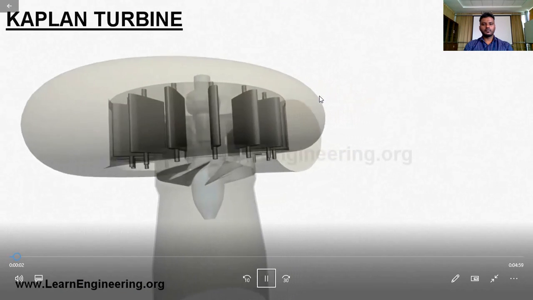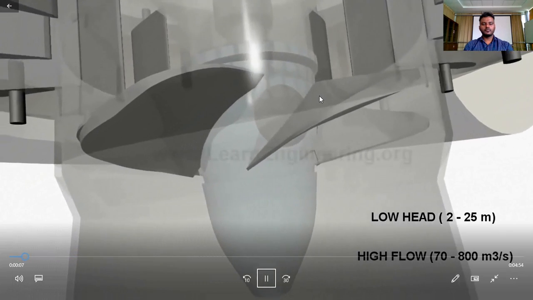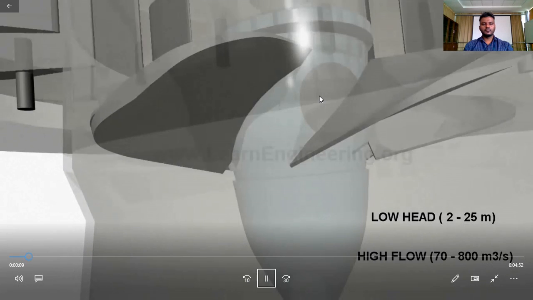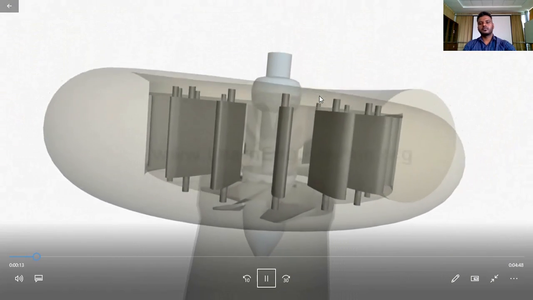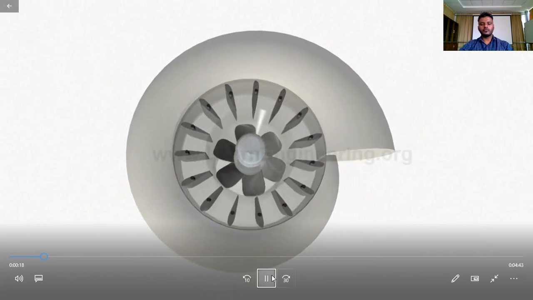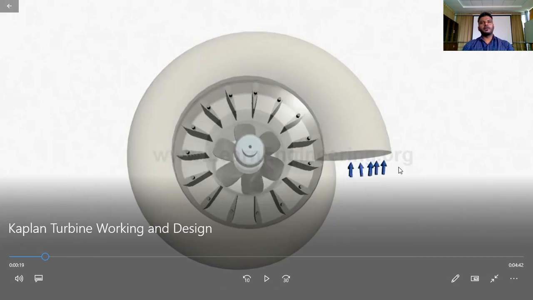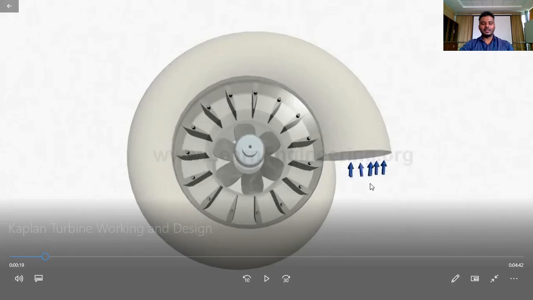Kaplan turbines are suitable for power extraction when water energy is available at low head and high flow rate, which means they are suitable for operation when water is stored in a big reservoir at a relatively shallow altitude. So using this Kaplan turbine, electricity can be generated in flowing water itself. We know that in flowing water, the head available will be less. So we can keep this Kaplan turbine in a river and generate electricity.